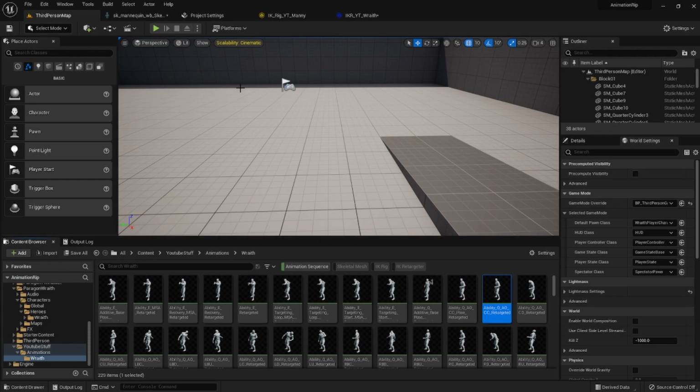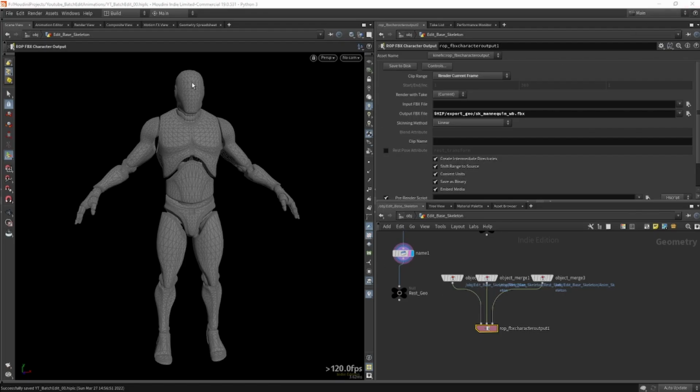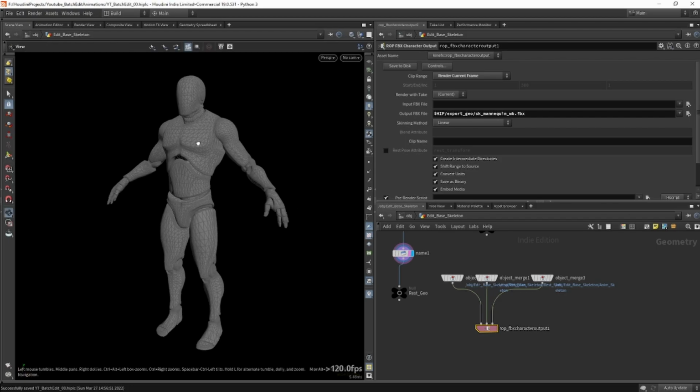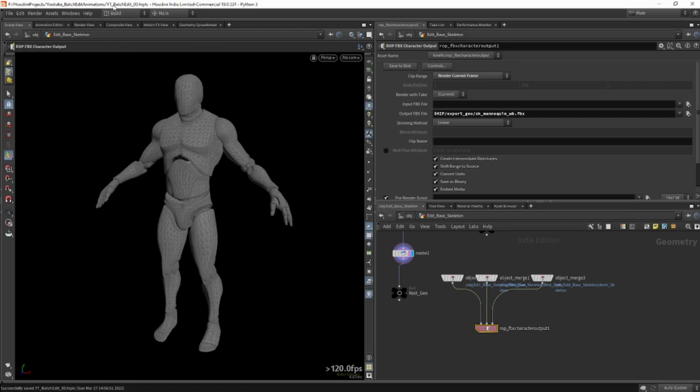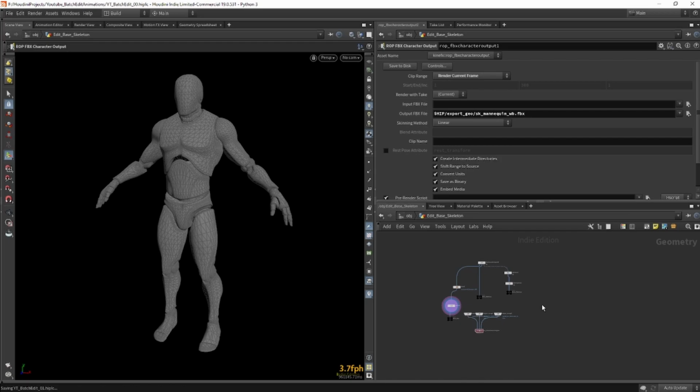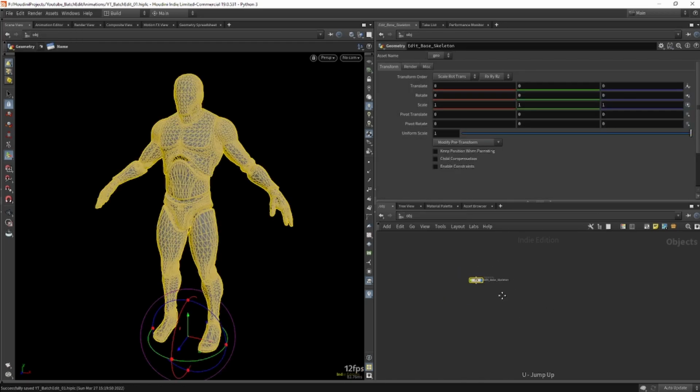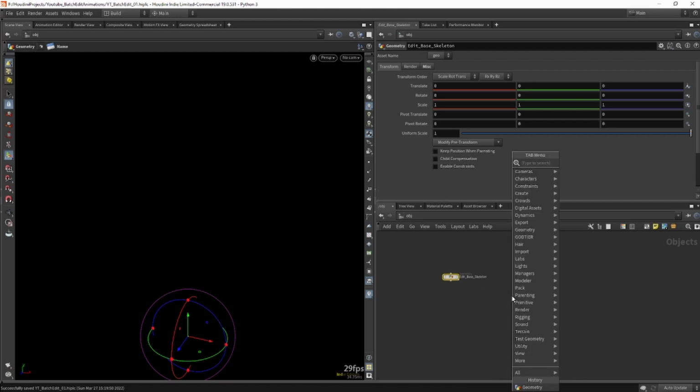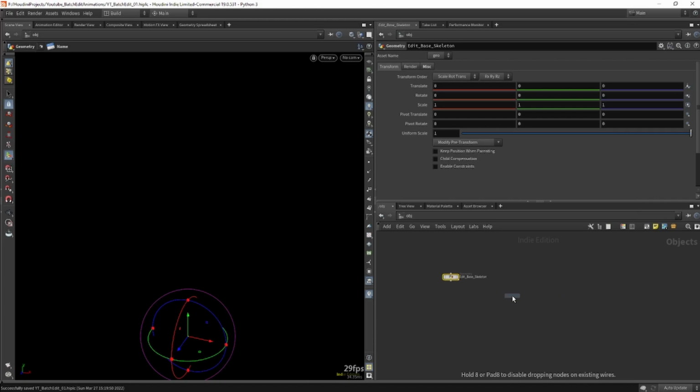So I'm going to save this and I'm going to just save all. I'm going to close this because we no longer need that project. And now I want to go back to this YouTube batch and edit animations project. And let's save this, so just in case anything crashed, we don't lose any work. So here I'm going to turn off this base skeleton. We don't need it. And now I want to drop another geo node. And this is the node that we're actually going to edit animations in. So this is edit